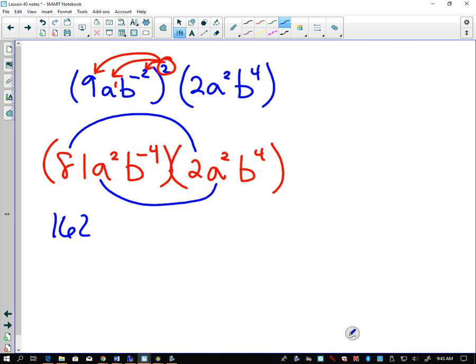What do I multiply next? Both a's. What's a squared times a squared? A squared times a squared is a to the 4th. Okay. How did you get 4? Curious. You added them. Good. If I did 2 times 2, it'd still be 4, but I want to hear that you know that you're adding these exponents and not multiplying them